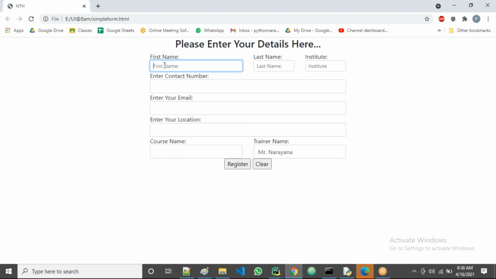But in the case of these values, they are string values here. We can remove this one. We can take another value also, guys. I can change the values also. By default, these values are coming. By default, full stack is coming, Narayana is coming by default. If you want, you can change it. You can change it, guys.